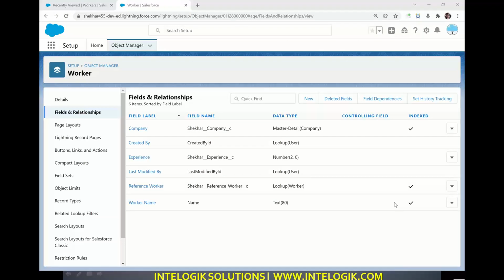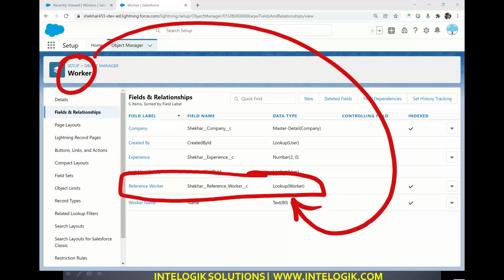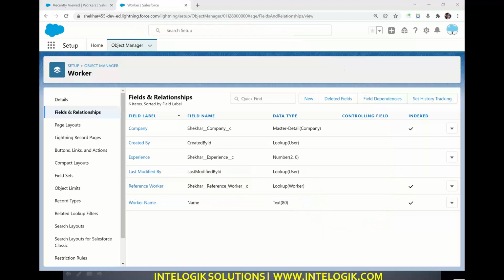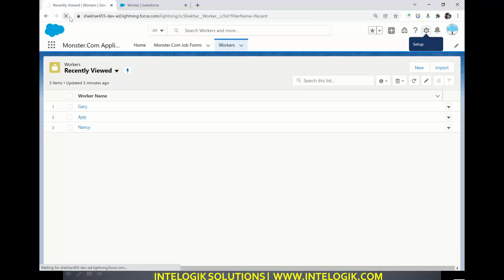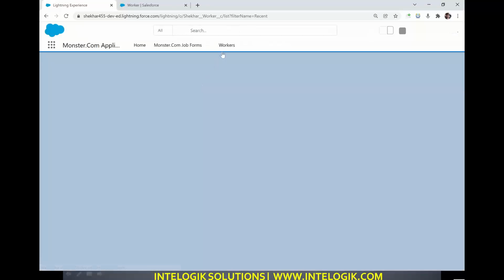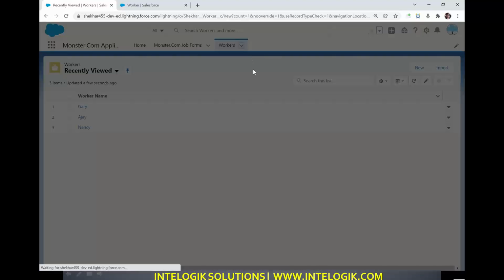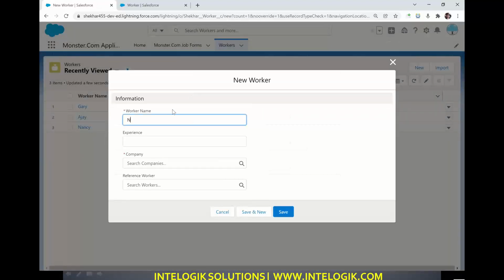Look at this. This is an example of self relationship where on the same object, worker, we are giving a connection to another record of the same object by lookup relationship. Let me show you the output, how we use this scenario for our USA client. Suppose today we are going to make an entry of a new staffing candidate in our business, and let me create a new record. Let's say his name is Naresh, any random name, and whatever experience, it doesn't matter.